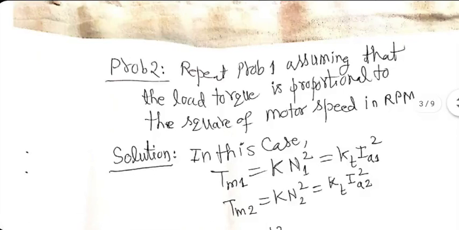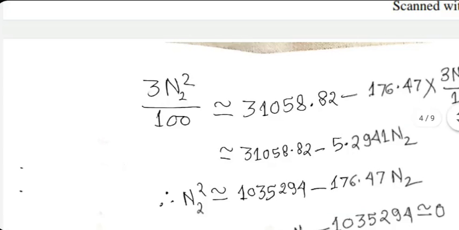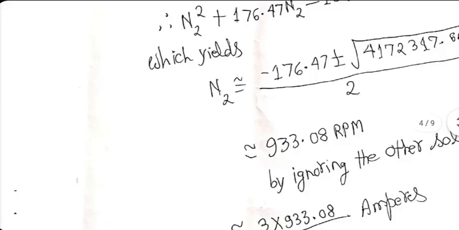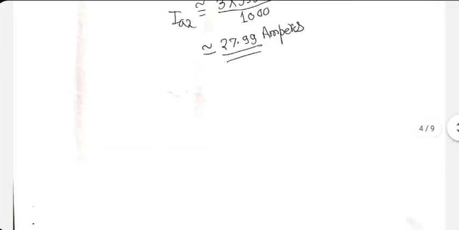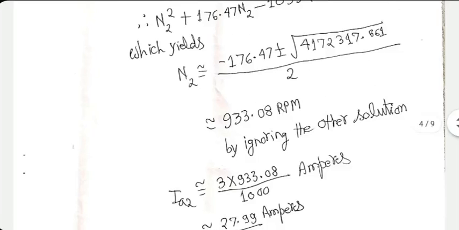Then, yeah, this is again complicated. Don't bother too much if you don't understand this, but these things are more close to reality. The torque is proportional to speed square in many real life situations. I've solved this. You can go through the solution if you want. We again get a quadratic equation to solve. And if you don't feel like, just ignore it, okay? But I'm at least telling you that these things are doable.